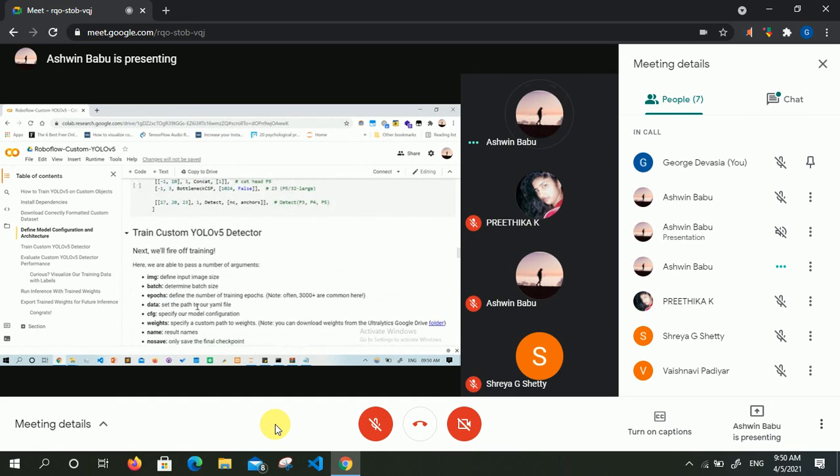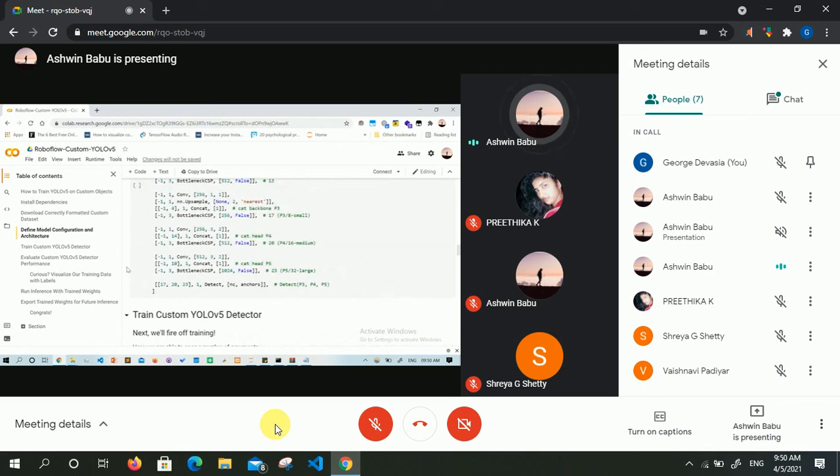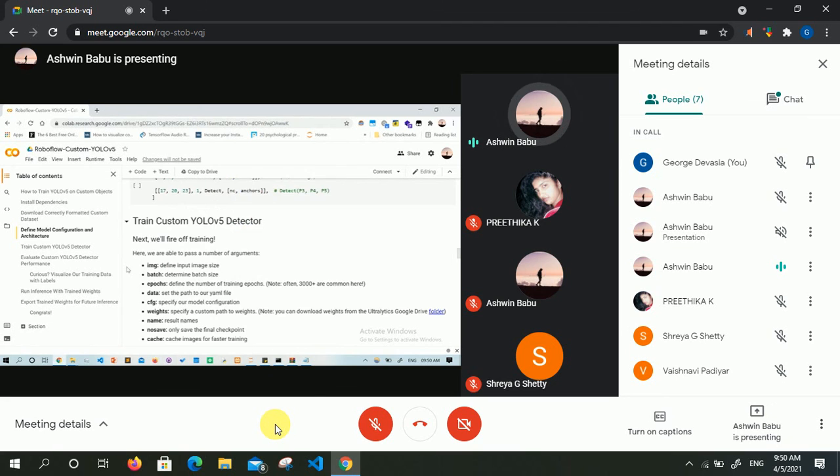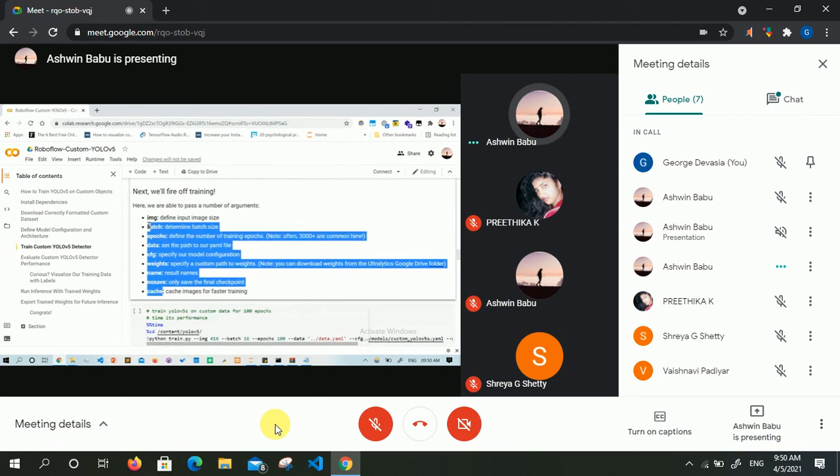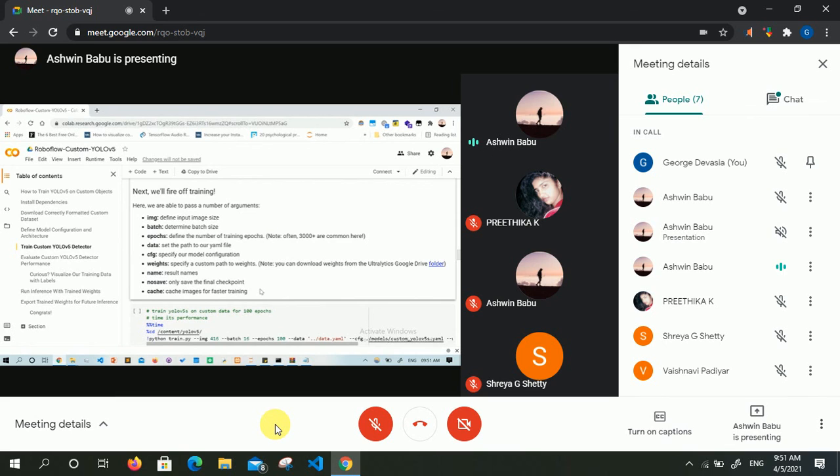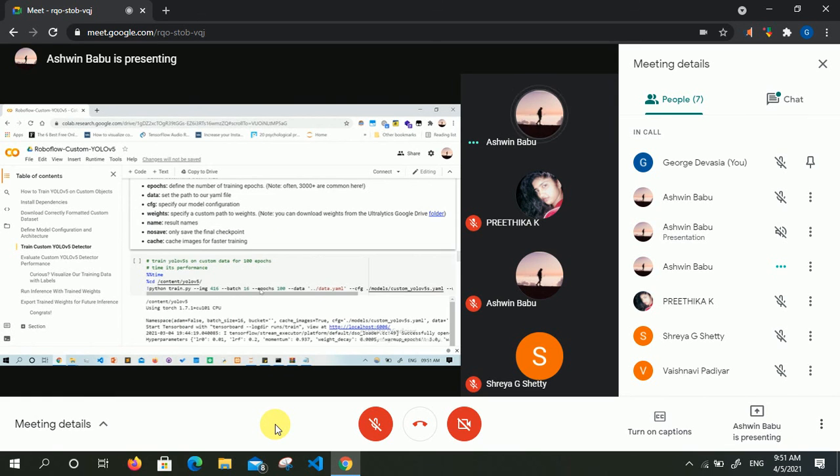Okay, once we have written the configuration file, the next thing is choosing the parameters. In this notebook I have mentioned what the major parameters are. In the previous video I told about epoch, learning rate, weight, and all these things, so I don't need to tell again.